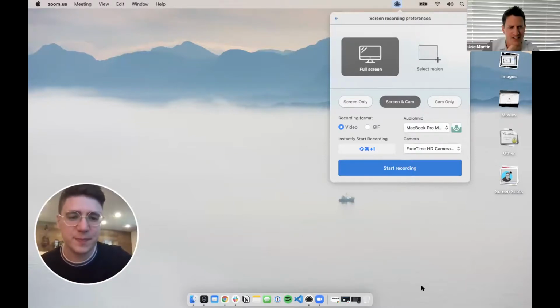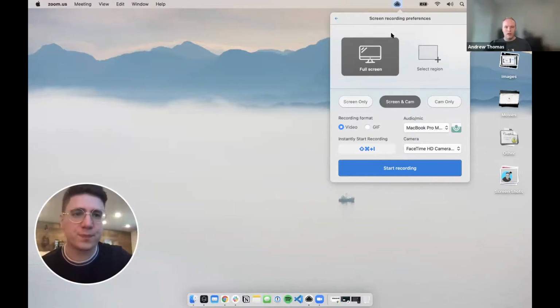And he said he is on Windows. So is that a little different, Andrew, for Windows? It's pretty similar. Right now on Windows, we don't automatically unmute it when you have your webcam on, but it's the same thing. You can see here, I can share my screen real quick, but it's very much the same